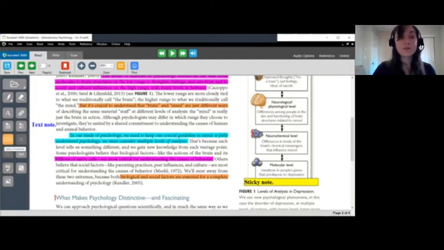So to use the footnotes feature, I'm also going to show you the definition, the dictionary option as well. Let's say, for example, there was a word that I wasn't sure what it meant exactly, or I just wanted to have more of an explanation of what it is. So let's say, for example, here is the word behavior. I'll go ahead and select right before that word, and I see my red cursor that's flashing, so I know that's where it is. And then I'll select the dictionary icon here from my left toolbar.